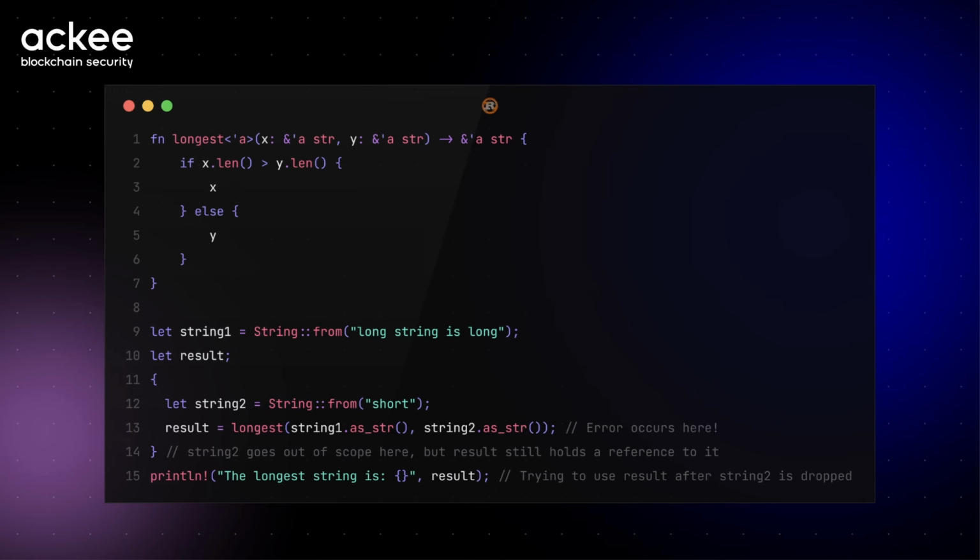That means when x is available, then y is available, and if y is available, x should also be available. But this is not ensured on line 15. That's why it will throw an error. Because on line 15, we would like to access or print the content of the variable result, but the result variable went already out of scope, because the return value of the function called longest has also